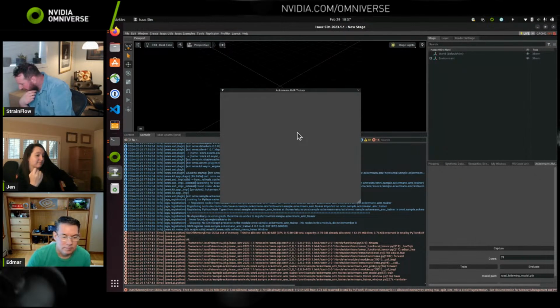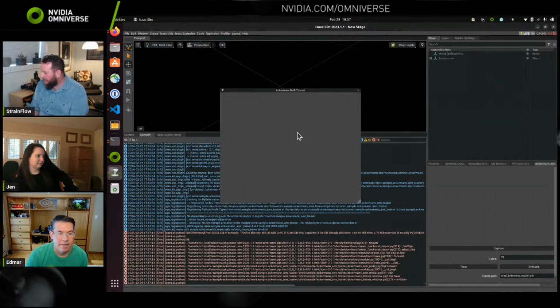Tried to allocate 106 megabytes, 3.7 already allocated. Oh, we're using up all of our memory just for this scene, just by having Omniverse open. So we will not be training a model or running it today on this computer. Not to worry, the computers we have at GTC have more VRAM than this one does.